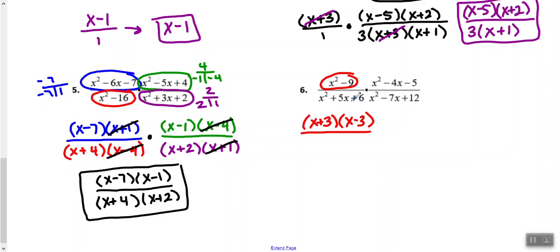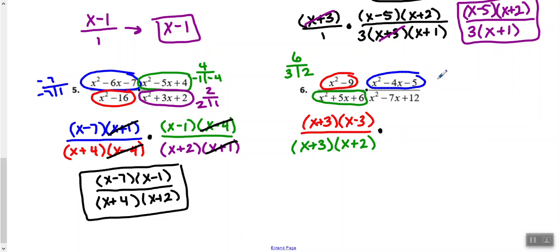over the bottom, x squared plus 5x plus 6. So what multiplies to 6 but adds to 5? Here I can do 3 times 2 because 3 plus 2 gives me 5. So that's x plus 3 and x plus 2 times